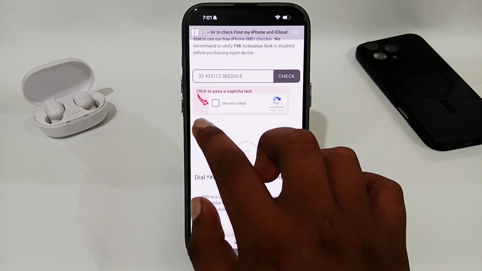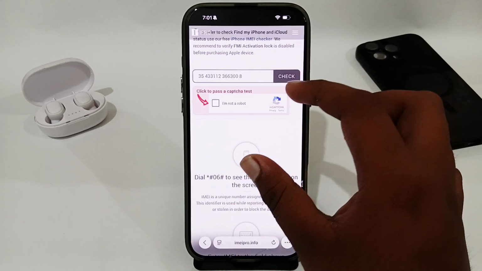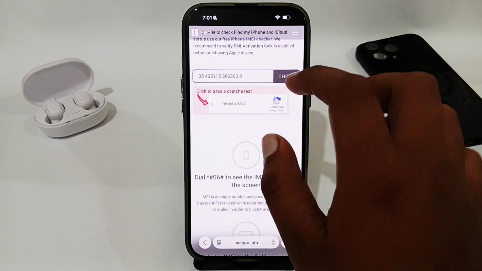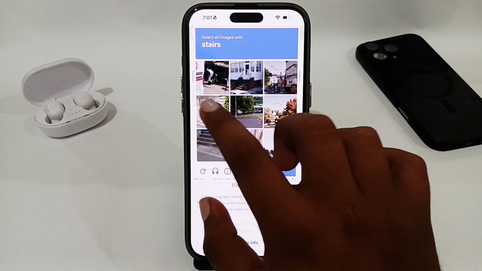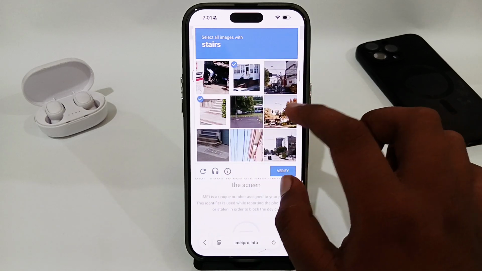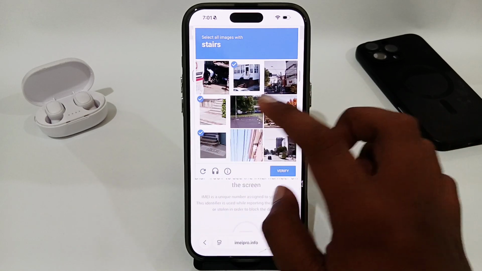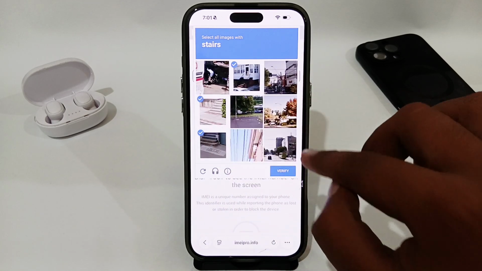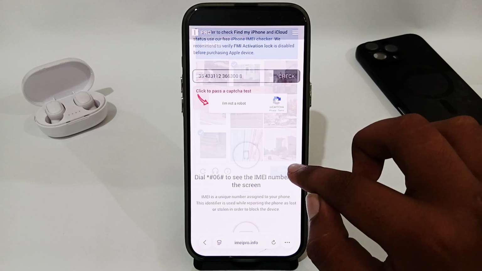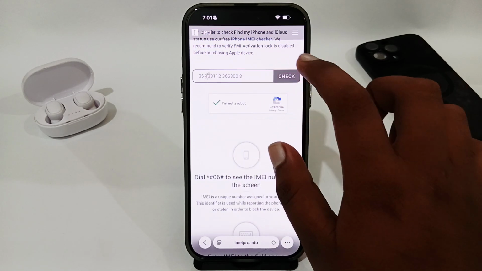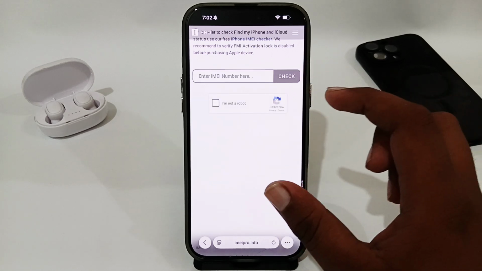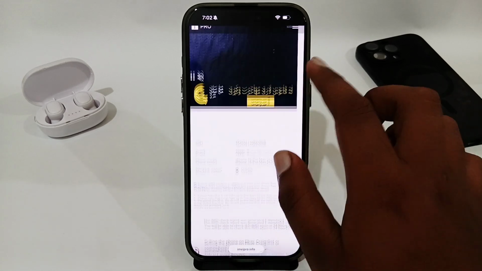But first you have to complete the CAPTCHA test. Just tap on I'm not a robot, and here you have to select the stairs. So you have to look for stairs in the photos. Once all the photos with stairs have been selected, tap on the Verify option. Once the test has been completed, tap on the Check option and it will start checking your IMEI number